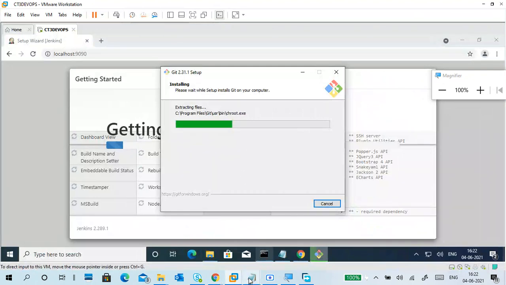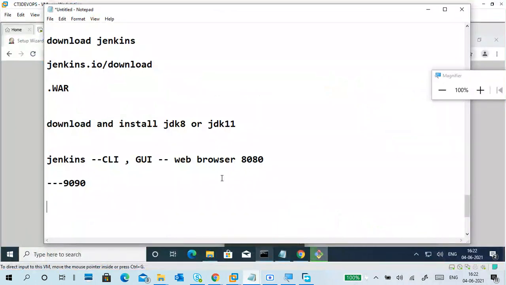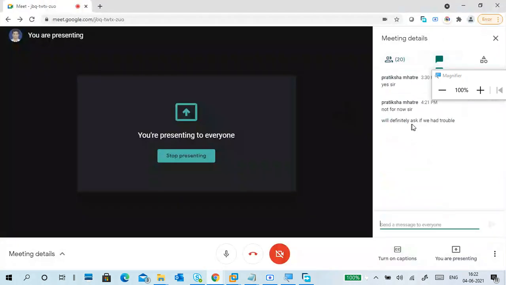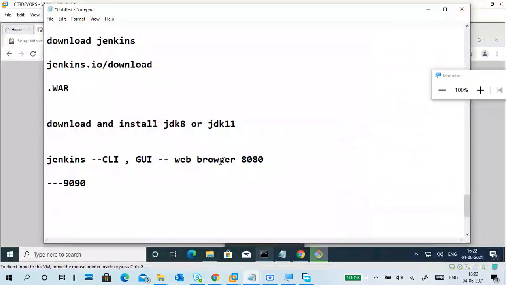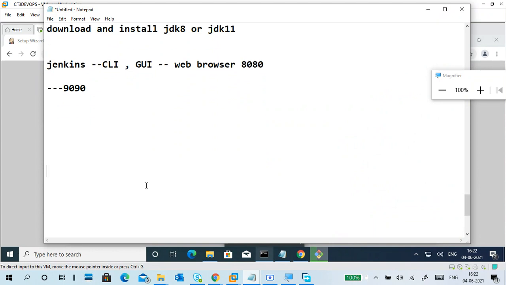But recently I've seen in interviews, they are not involving many questions on Jenkins and all. But previously, some of our students got questions on it. Okay, good. While you are asking questions, no need to ask a very intelligent question. Any question, even if you feel it is a silly question, please don't bother.